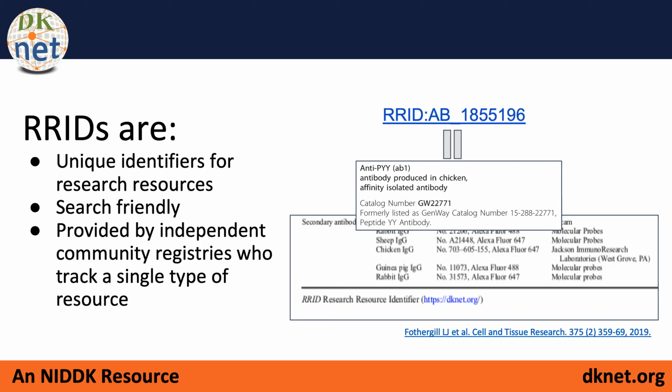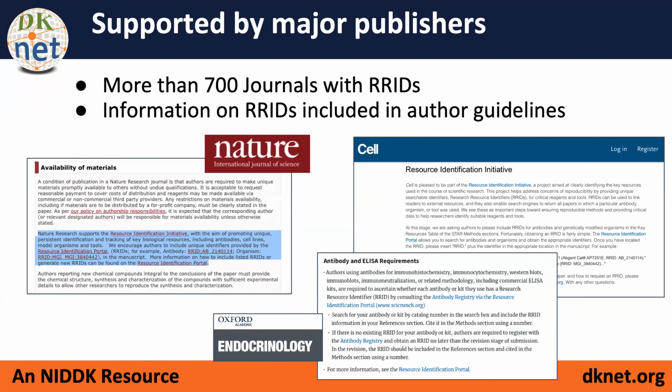So there are a number of these community sites that manage the identification of various resources. And so by pulling that information together, we could easily provide the ability to identify resources in the literature. And this is now being supported by many major publishers, including Nature, the Cell journals, Endocrinology, and there are now more than 700 journals with RRIDs, and many of these journals have information on RRIDs